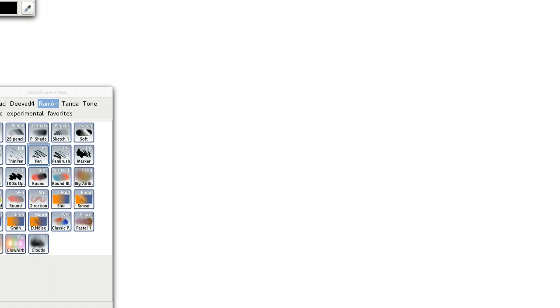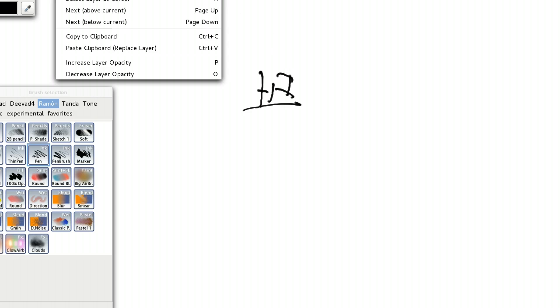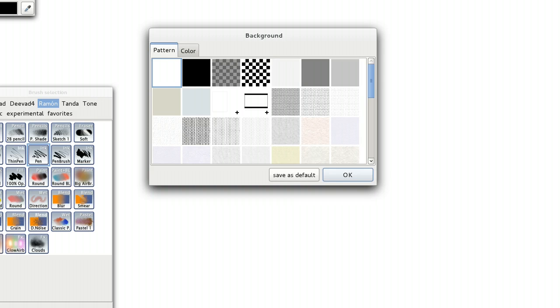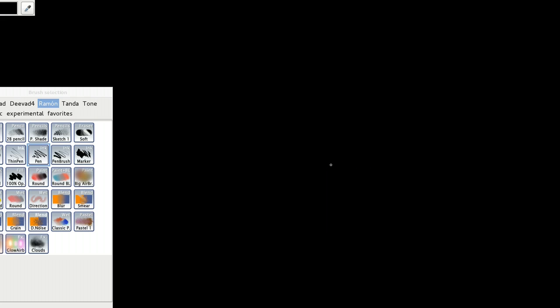So we'll get started with the first question. This is our drawing surface. Just so it's easier on your eyes, we'll change the background. I have white or black. And there we go. So we'll get started. I'll draw the first question, and